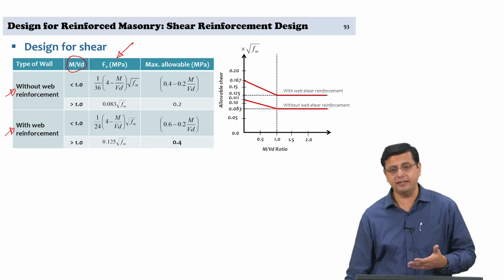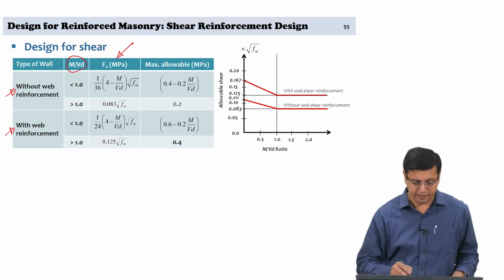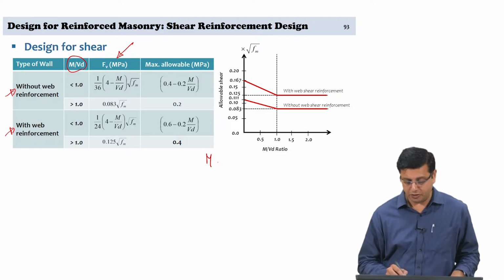Basically, your M by Vd ratio is representing the aspect ratio. M by Vd, if you were to represent M as H into D,